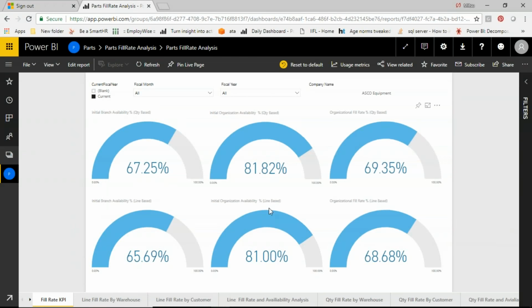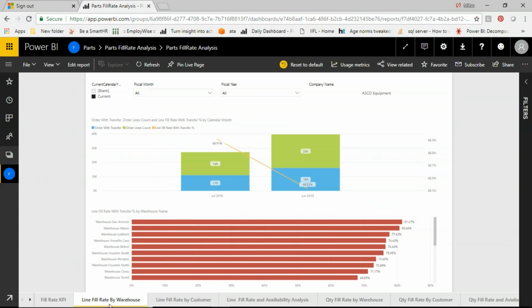So yeah, I think we were talking about fill rate before we took a break. We've got a bunch of these reports. We talked about availability and fill rate. Just to say that again, the primary difference between availability and fill rate is that availability is what was initially available with you when the order came in, and fill rate is how you actually fulfilled the demand, irrespective of the availability. So fill rate is what actually happened, and availability is what was there in your inventory when the order came,